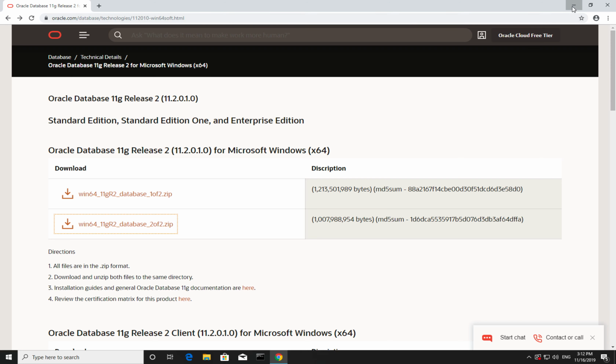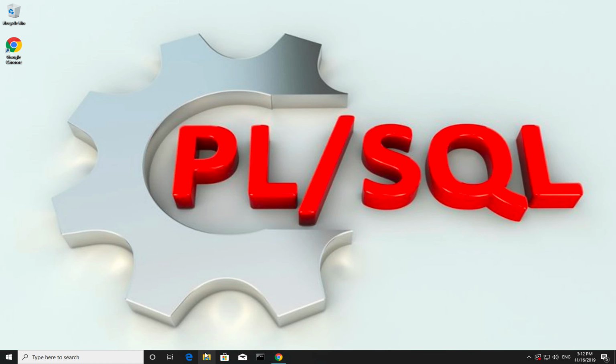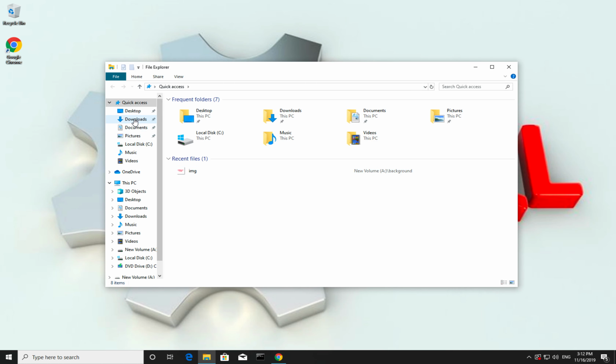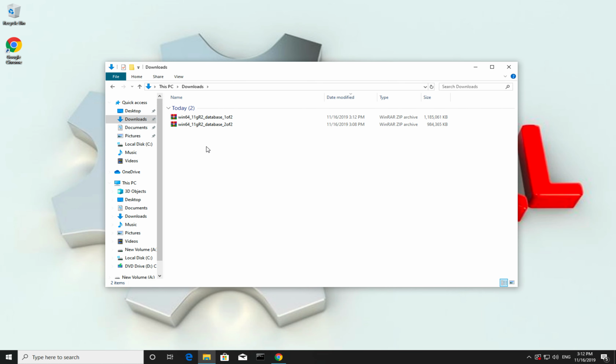Guys, I think my files are already downloaded, so let me go to the download folder. Yeah, so they are downloaded. So what I'm gonna do is I'm gonna copy these two folders and I will paste them inside my A directory,